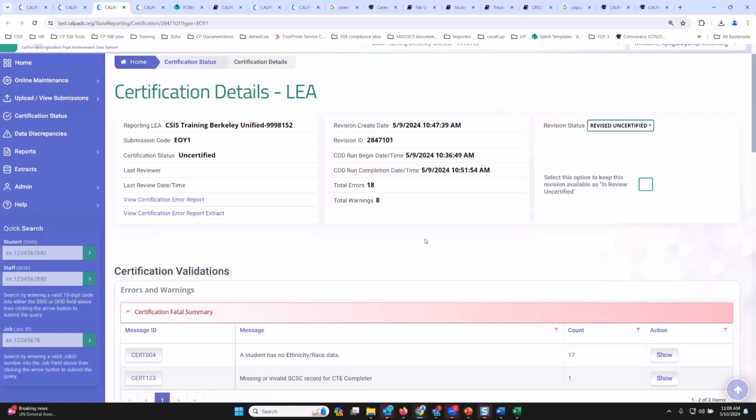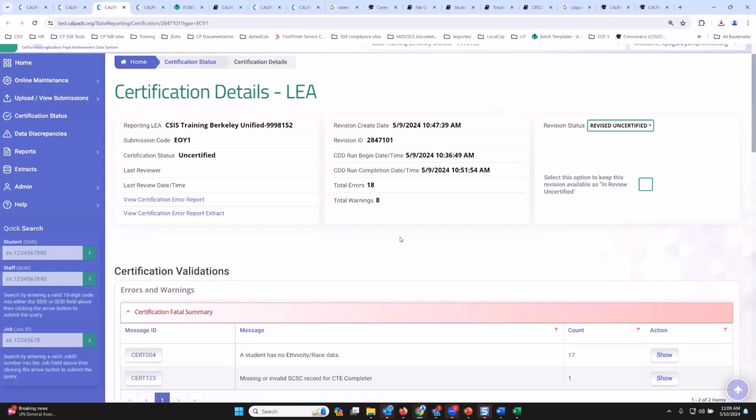So without the fear of more errors coming up for end of year one, you can check this in review uncertified box to freeze this version, to freeze this revision ID, and then tell them, hey, look at the in review version of the reports, look at this revision ID.